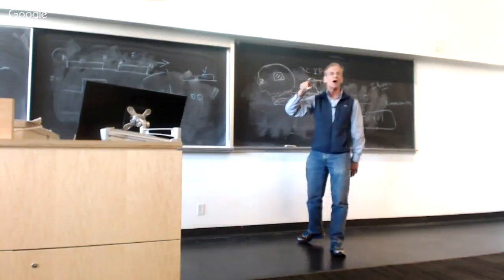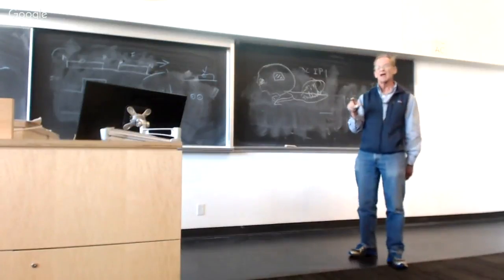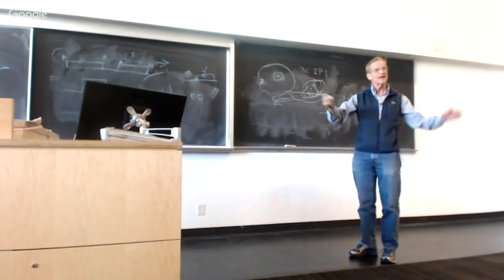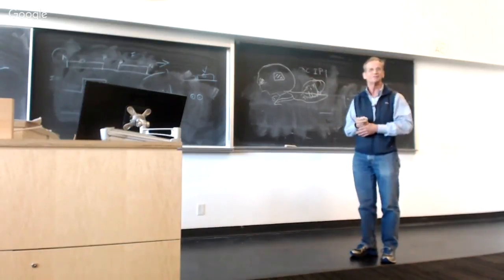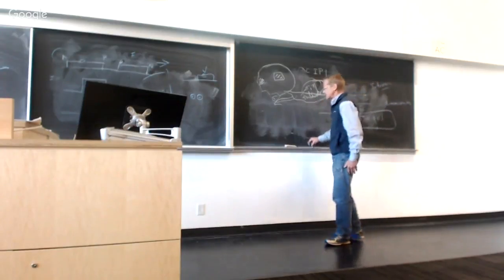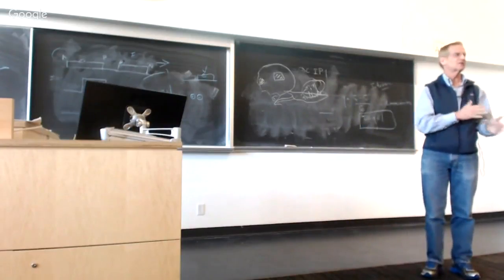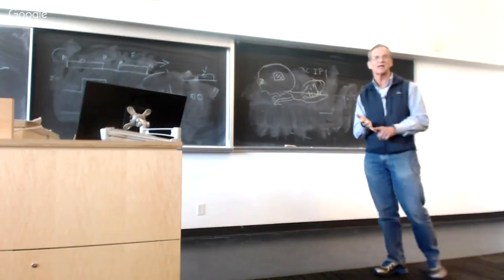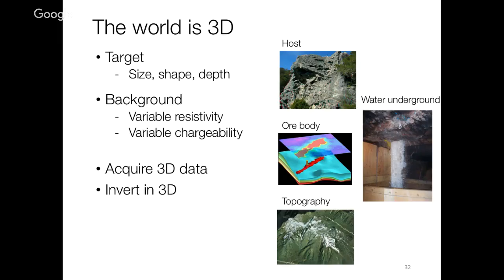So we're seeing that now a lot more in the United States. I'll show you an example from Tucson. And then we're seeing a lot in Europe. Canada's a pretty big place. So there's still lots of places you can put your waste and not be concerned about it now. 50 years down the road, that might be a different issue. But there's this connection between waste and chargeability that's usually there. So we'll pick up a couple of those case histories, and then we'll finish up the DC IP. We'll do that on